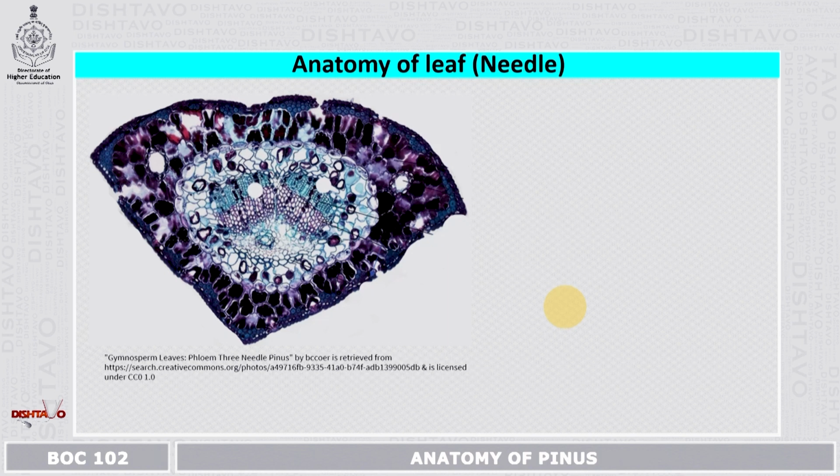When you take a section, these are the parts that you can see. This is the outermost layer, the epidermis. This is the mesophyll layer. In between there is a hypodermis of thick-walled cells, the blue colored layer. Then you have the mesophyll tissue, which has peg-like structures. Inside the mesophyll, you have the resin canals. Then there is a single layer of endodermis with many layers of pericycle inner to the endodermis. And these are the vascular bundles that you see, with the presence of xylem and phloem. So there are two vascular bundles, and you have the presence of the albuminous cells.